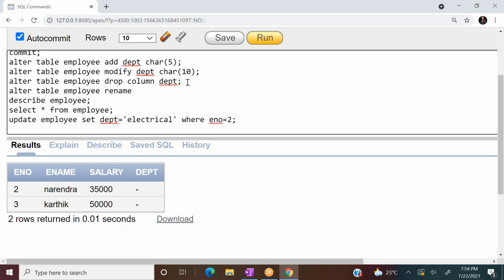What do you want to rename? DEPT to department. Rename DEPT to department. So what is going to happen? It is going to rename the DEPT column to the department column.